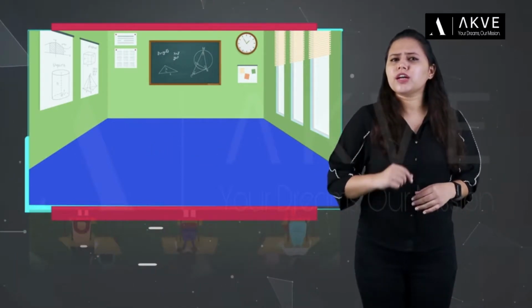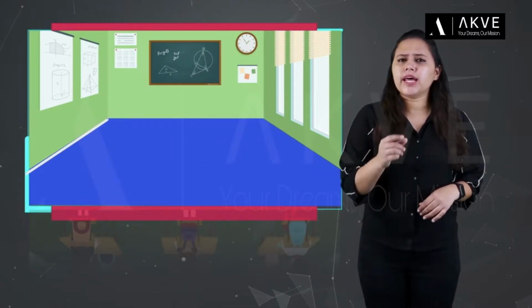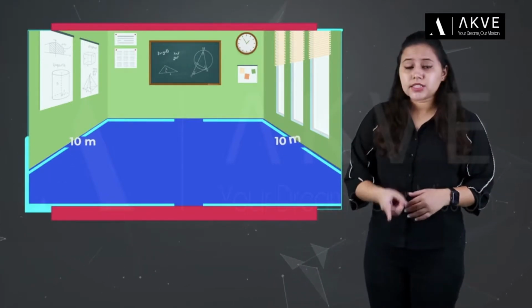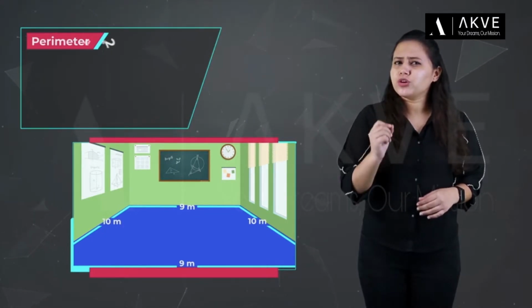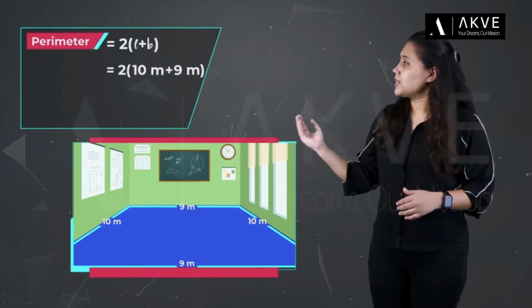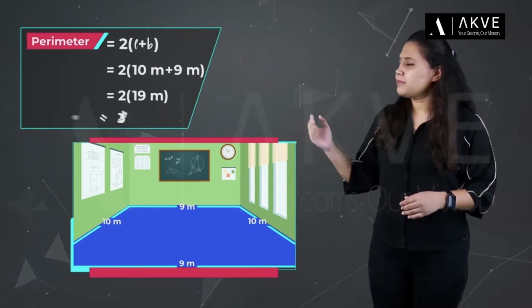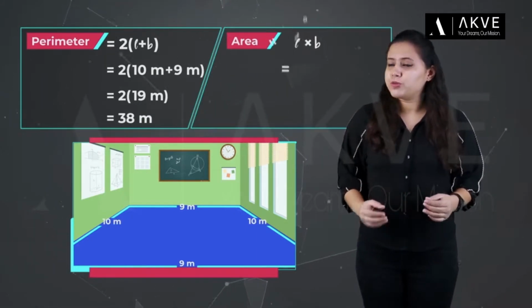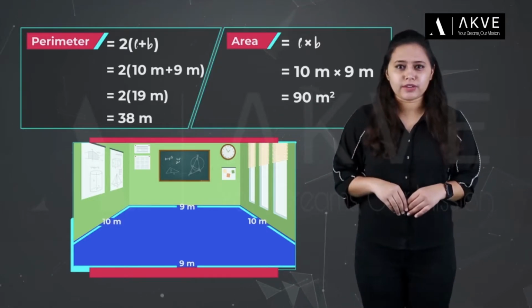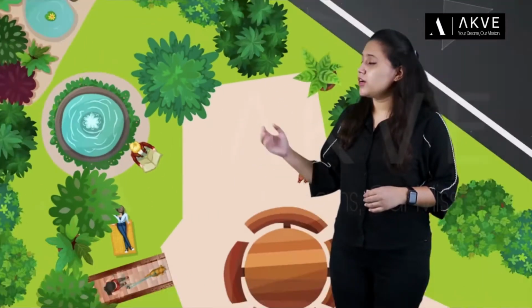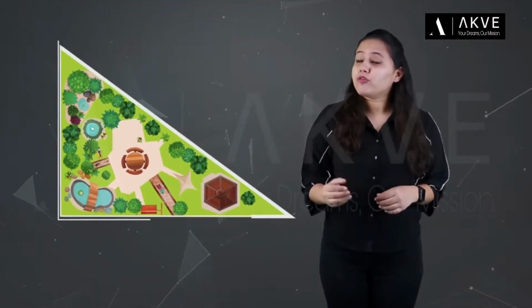So, if your classroom is rectangular with length say 10 meters and width 9 meters, then its perimeter would be 2 into (10 plus 9), that is 38 meters, and the area would be 10 into 9, that is 90 square meters. Now suppose that you are sitting in a triangular garden which is in the shape of a right angle